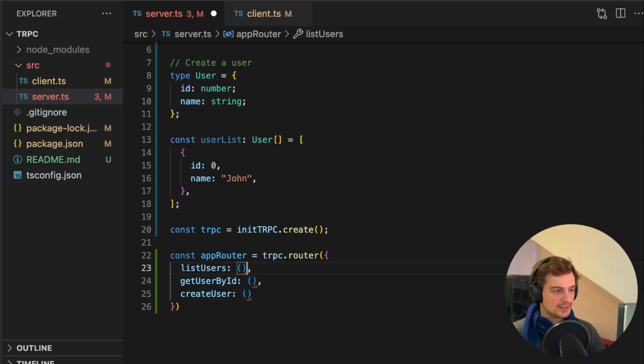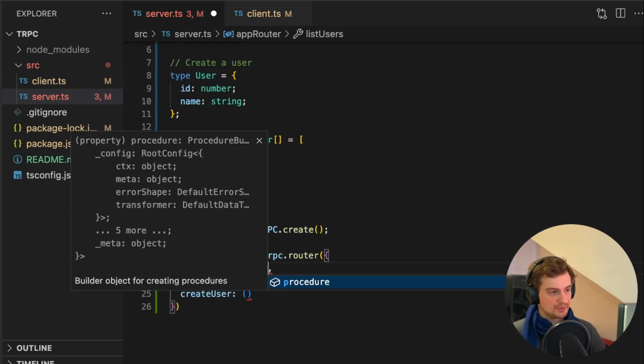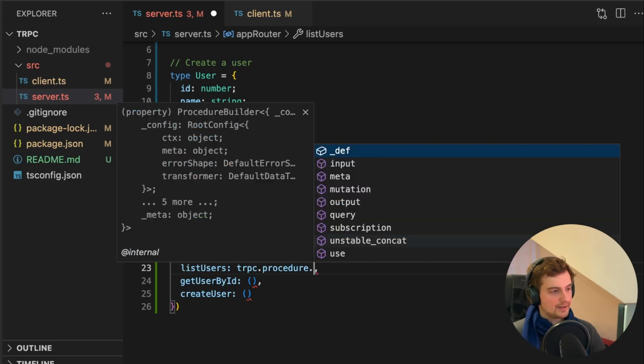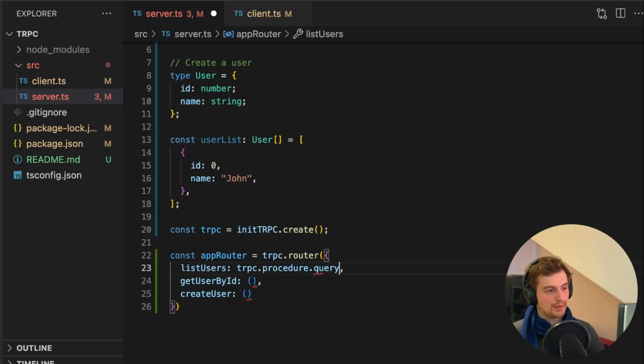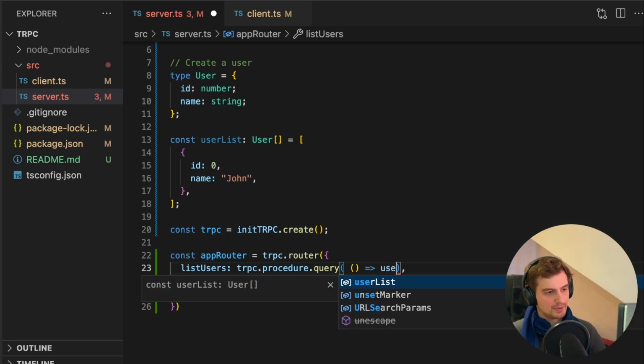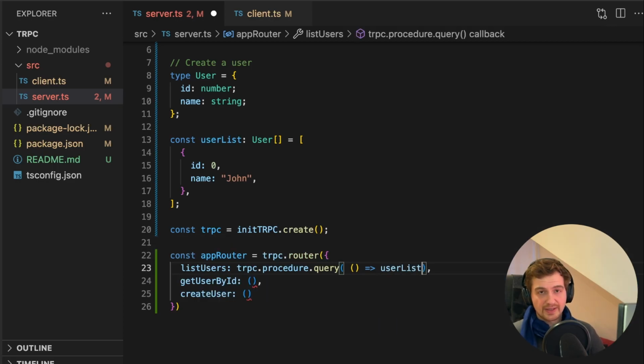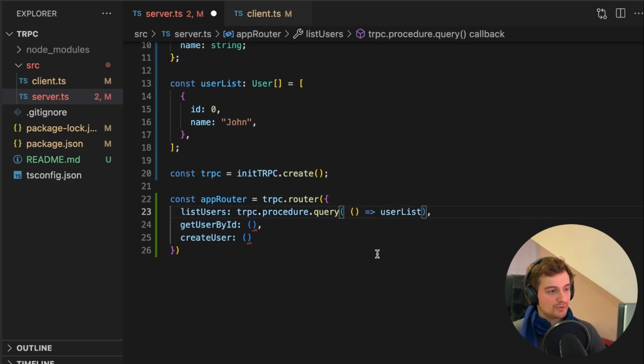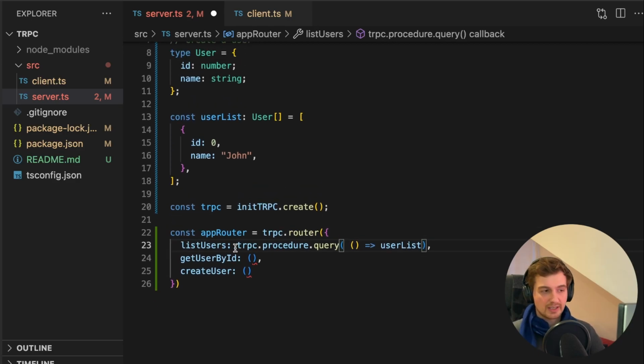So the list user, all of these things will be tRPC procedures. So let's call tRPC procedure. And the first one, list user, will be a query. In this case, since we're listing all users, we don't need any information from the client, so we don't need any input validation, but we can simply define our query function. In this case, we will simply return the user list, and that's already it. So whenever the client calls the list users endpoint, it will simply return all of the users that we currently